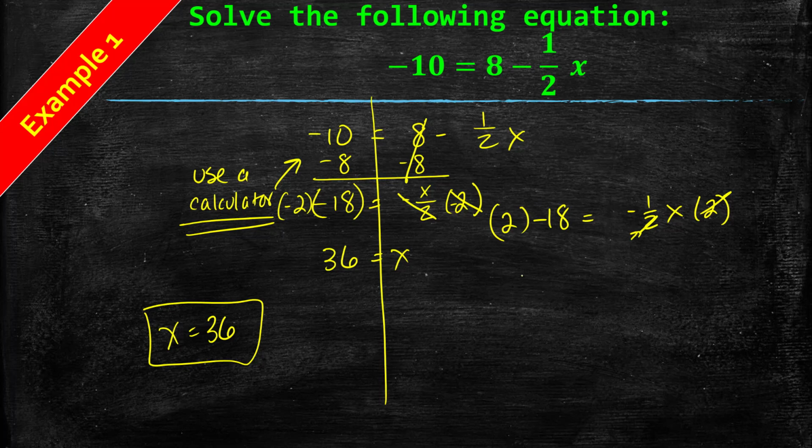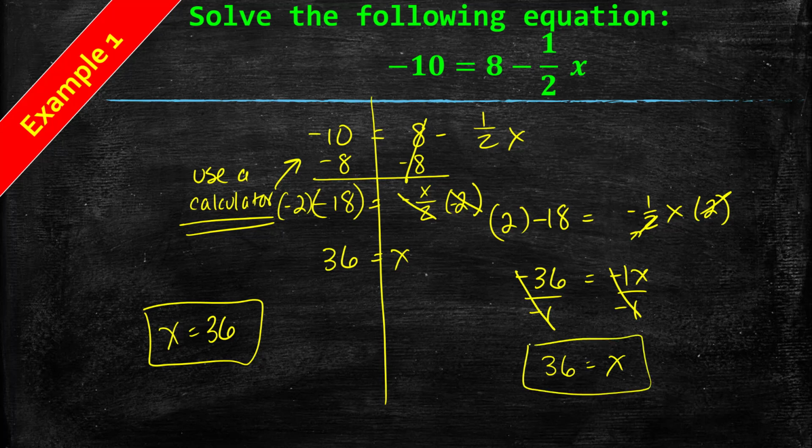Okay, that'll take care of that, which would give me negative 36 equals negative 1x. And then I would divide by negative 1, so then you would divide by the numerator. Cancel that out, and cancel the negative sign out, and it'd still give you that. So there's lots of different choices. This one's going to take a little bit of practice, so if you need extra practice, you let me know,